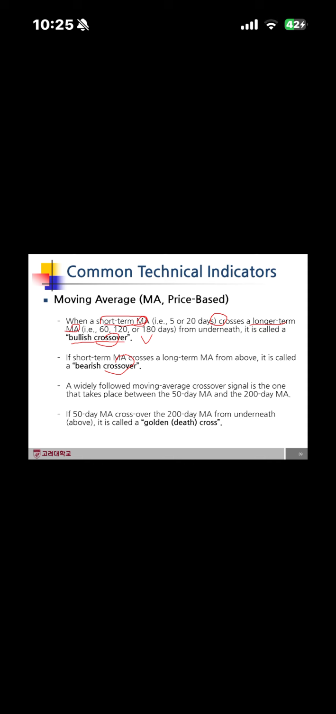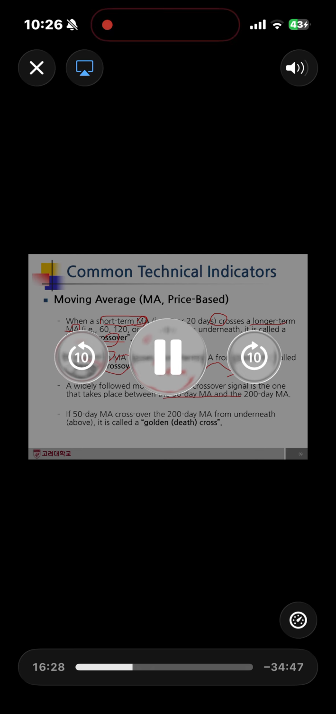Conversely, if the short-term moving average crosses below, so the MA from above, this means it crosses below. So when the short-term moving average crosses a long-term moving average from above, it means it crosses below. This is called a bearish crossover, and this may suggest that short-term prices are weakening relative to long-term trends. And one of the most widely followed crossover signals in financial markets is the 50-day and 200-day moving average crossover. When the 50-day moving average rises above the 200-day moving average, it is